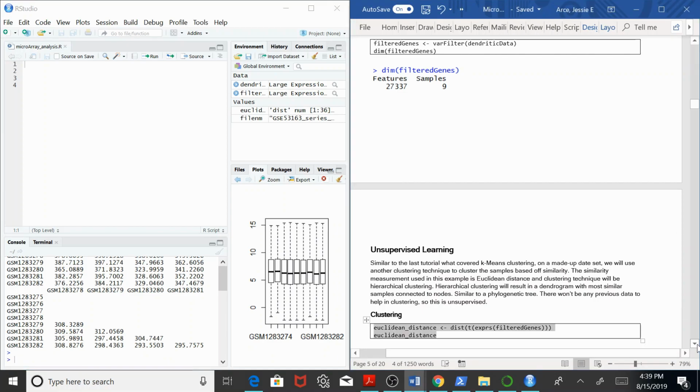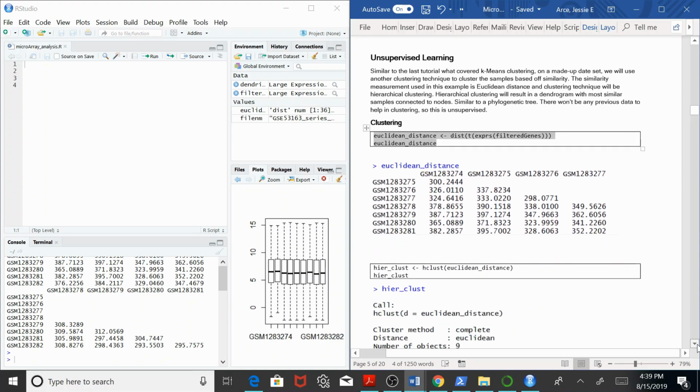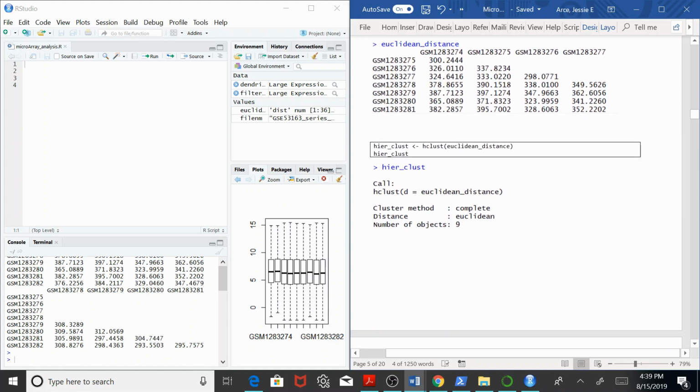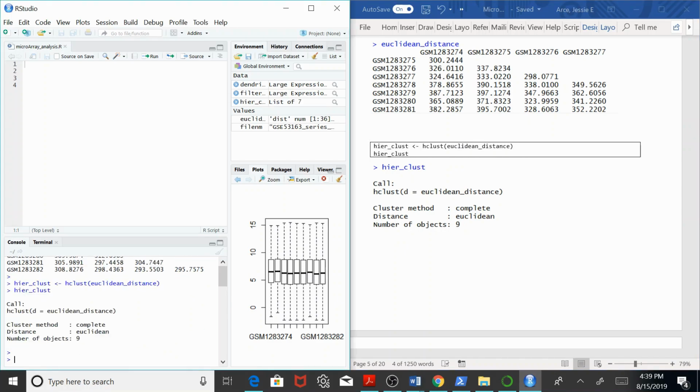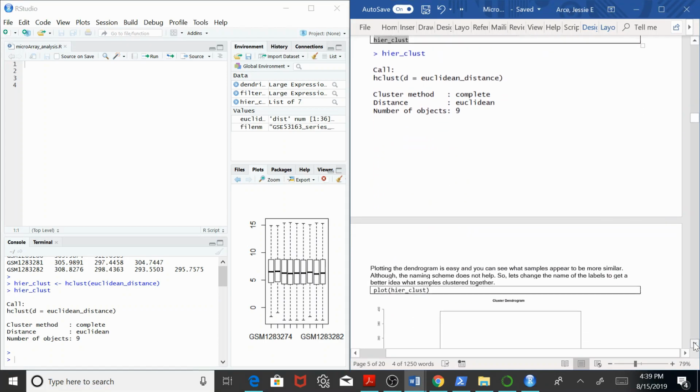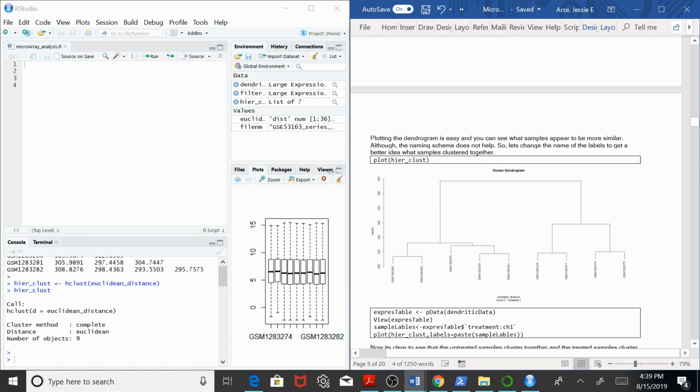Then we're going to use hierarchical clustering to cluster the data using the hierarchical method. Copy and paste here, so we have 9 samples, 9 objects, and it calculates the distance from all 9 objects. And then we can actually plot the clusters,